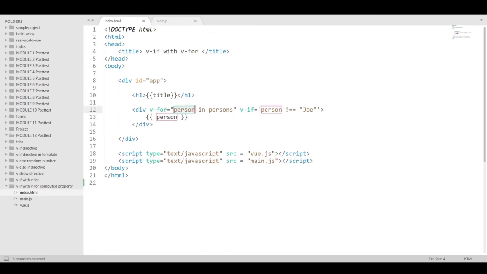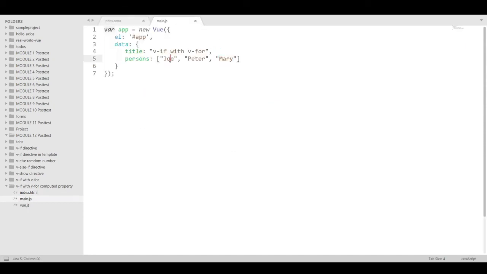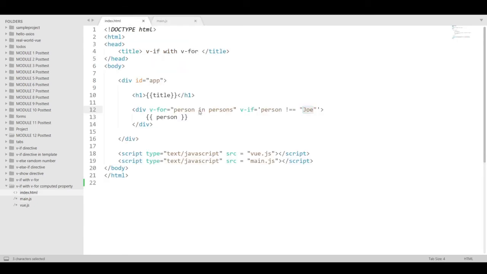for every iteration using v-for, it will check every person. If that person, this is the first person for every loop, is not equivalent to Joe, wherein in our case the first person is Joe, this will not be rendered. This will become false. Okay. Therefore, Peter and Mary are the only ones who will be rendered in our HTML. Now,